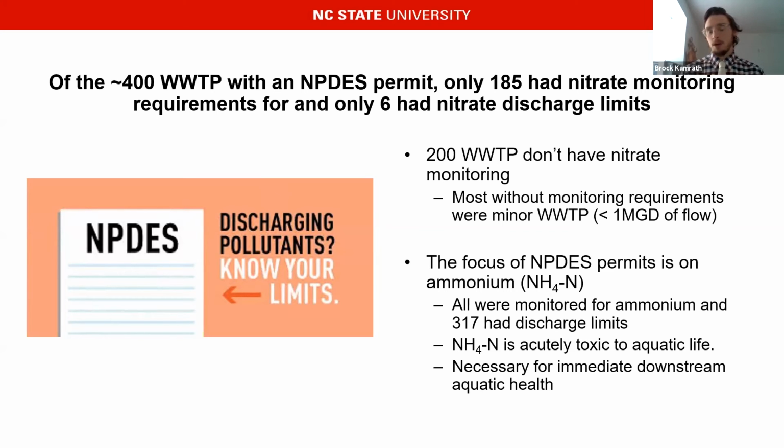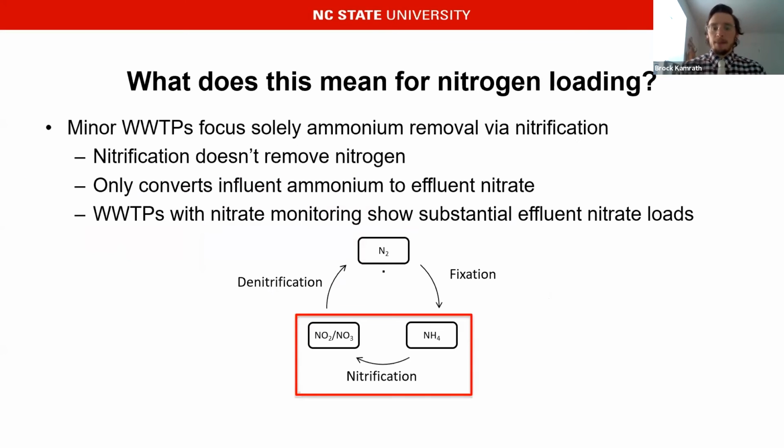Every single one of the 400 wastewater treatment plants is monitored for ammonium, and more than 300 of them have a discharge limit. So they are more focused on the ammonium form of nitrogen than the nitrate form. That's because ammonium is toxic to aquatic health. But what does this contrast between stringent ammonium requirements and relatively lax nitrate requirements mean for nitrogen loadings and nitrogen